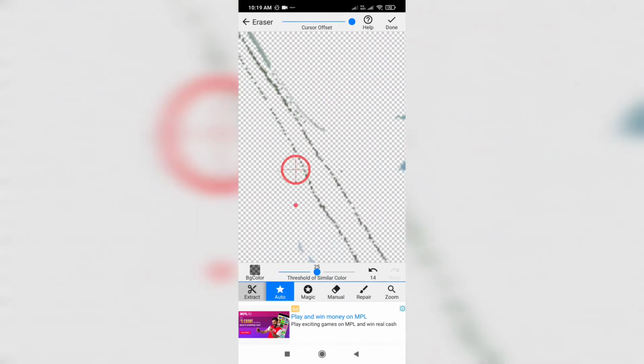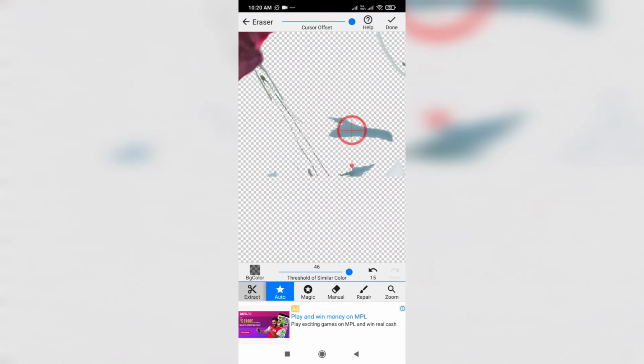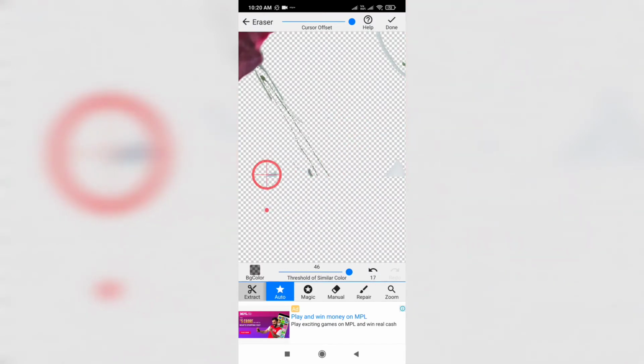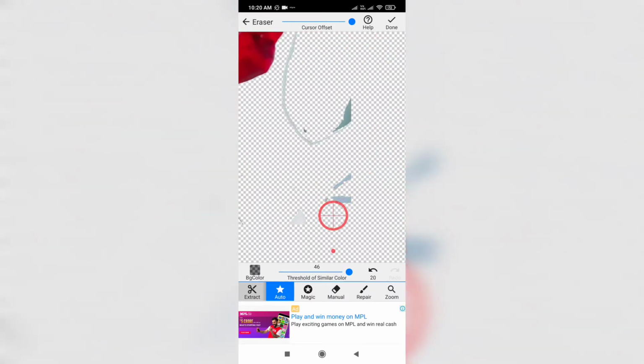I've zoomed in a little bit more, but these lines are not easy to remove. I'll remove the other parts like this. You have to just drag the cursor and it will do its work like this. So yeah, you can use it very well.